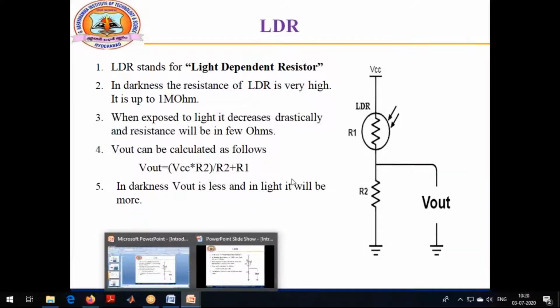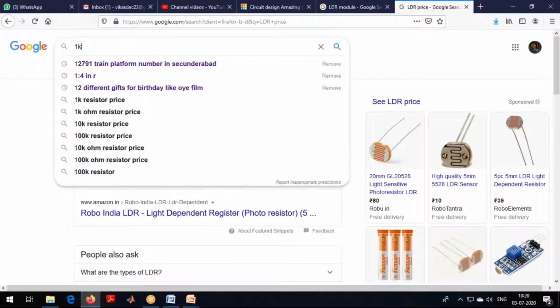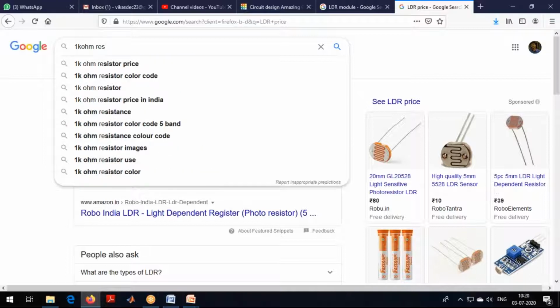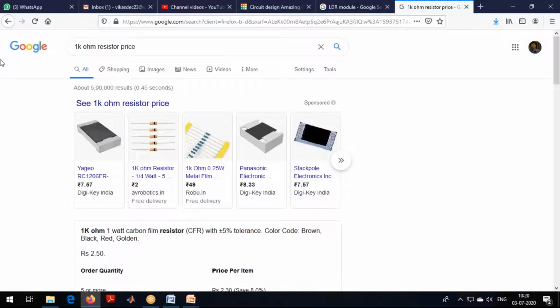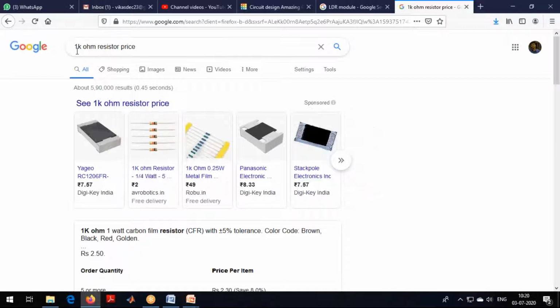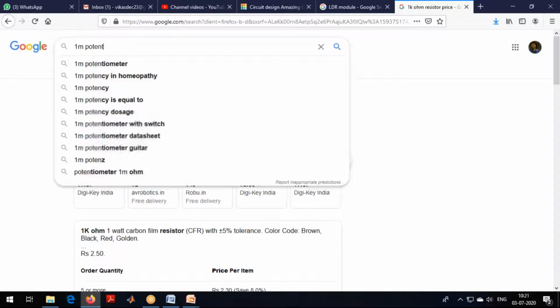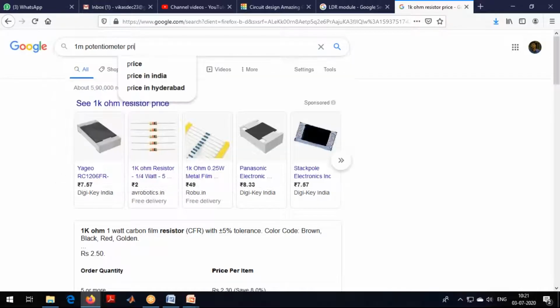I can take a resistor, for example 1 kilo ohm. The price: 5 pieces you are getting for 2 rupees. Or for example, I'll go with a potentiometer rather than a resistor, 1 mega ohm potentiometer price.